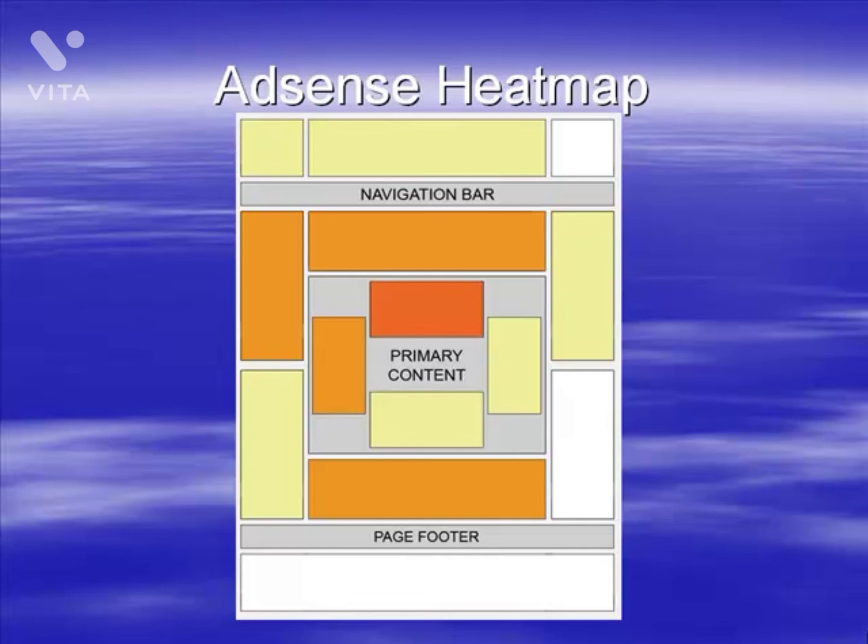So this gives you an idea of where people look. The darkest orange right in the middle, that's where people's attention is focused. The next lighter shade of orange is also a very popular place to put ads where you get people's eyes drawn to it. Where they've got the white blocks, basically don't bother putting ads there. You can test it by all means, but Google have found in their testing that nobody ever really looks at that area or pays attention to it. So it gives you an idea of where to place your adverts and where people's attention is.